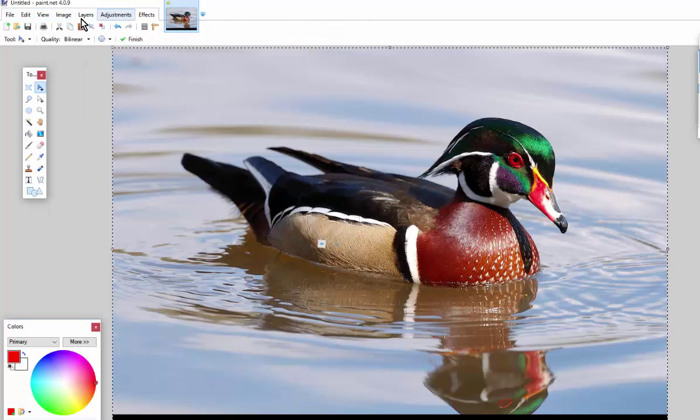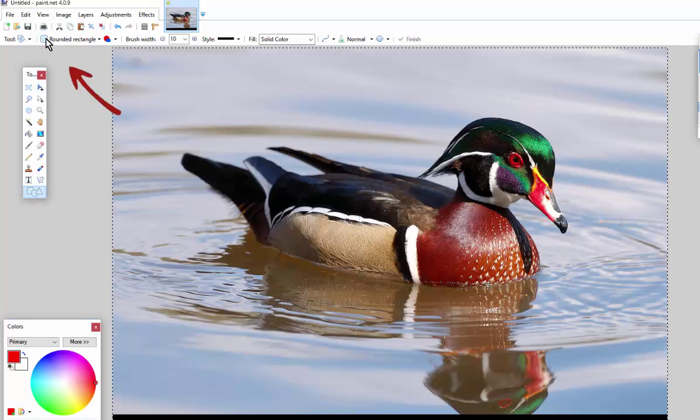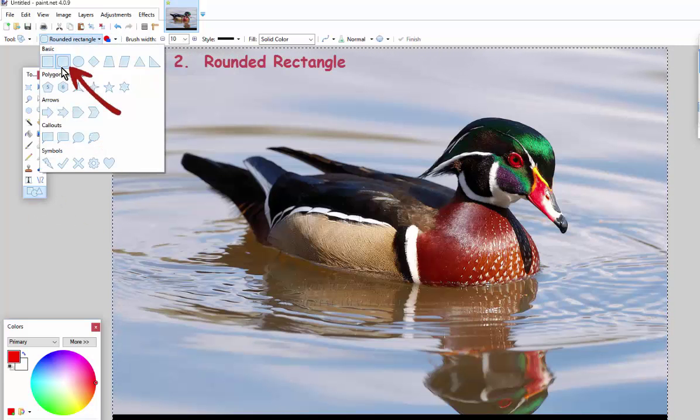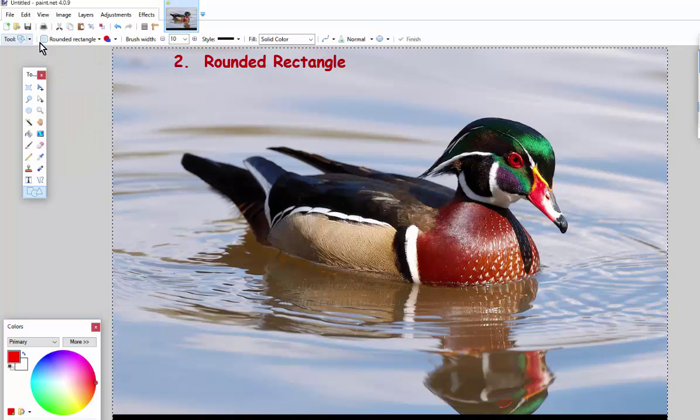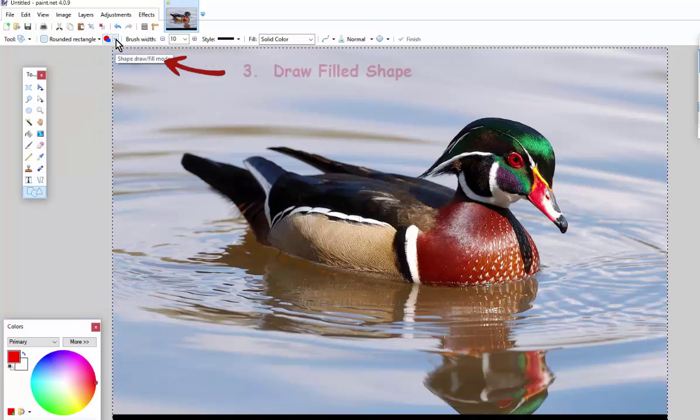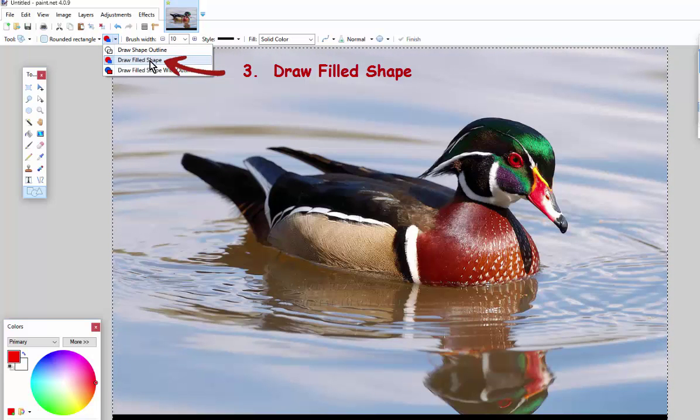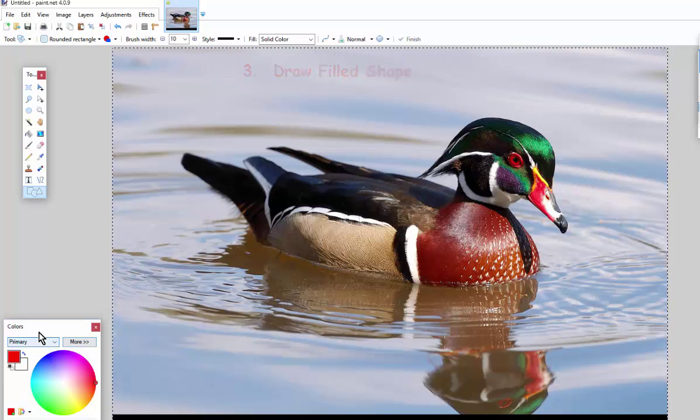So all these tabs across the top, click on Add New Layer. Second thing you do is come down to the bottom of the tools and click here, and you want to select Rounded Rectangle, and then beside that select Draw Filled Shape, and down on the bottom left select colors, and